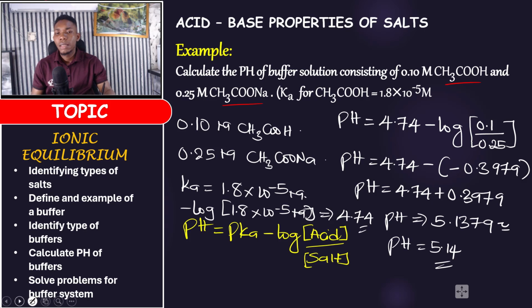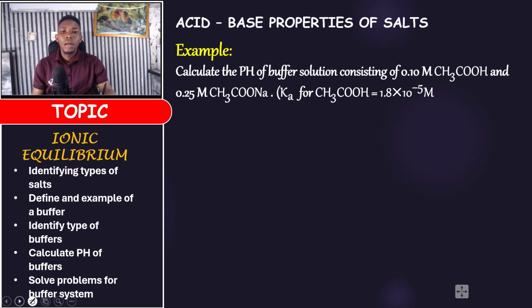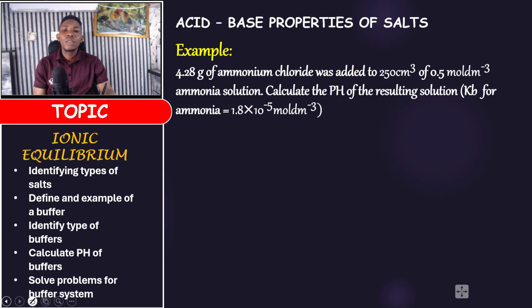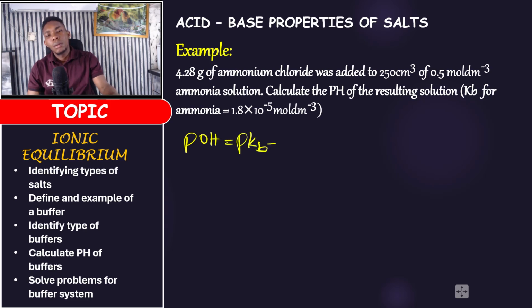All right, let's see the next question. The next question says 4.28 gram of ammonium chloride was added to 250 centimeter cube of 0.5 mole per dm cube ammonia solution. Calculate the pH of the resulting solution. Kb for ammonia is this. Now we said calculate the pH, but you know that pOH is pKb minus log